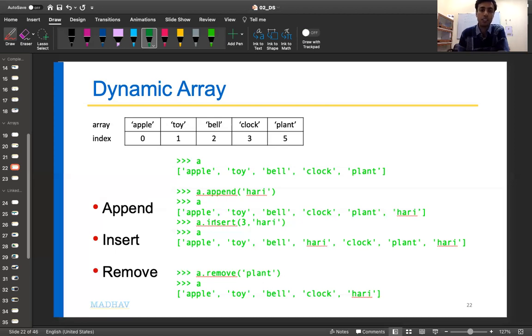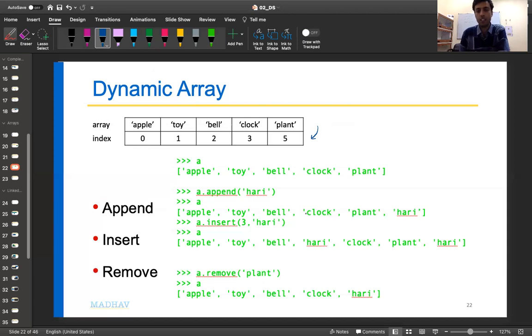Now I can also insert at some intermediate position. Append acts at the end, but insert can insert anywhere in the middle also, right? So I insert the entry hurry at the third location in this array.